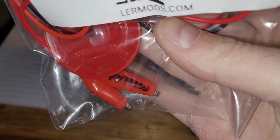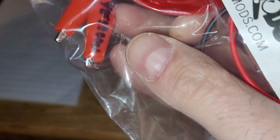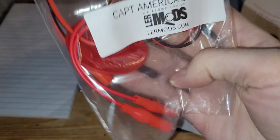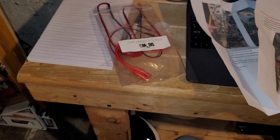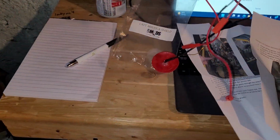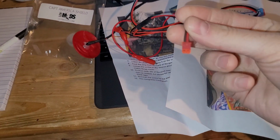It says something on there. Yellow on the one alligator clip, white on the other alligator clip. We're going to see if we can get that screw to operate. We're going to feed that wire down in there. What is this? What is this? Let's see. Oh, so that's maybe to...